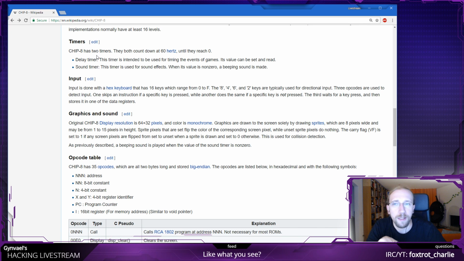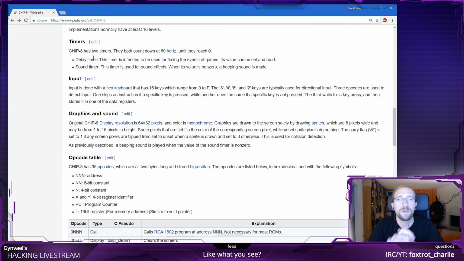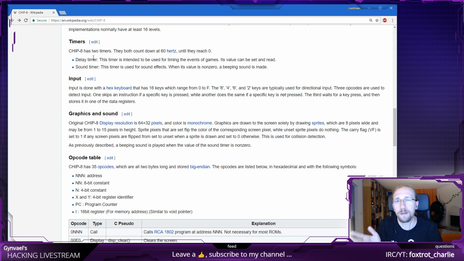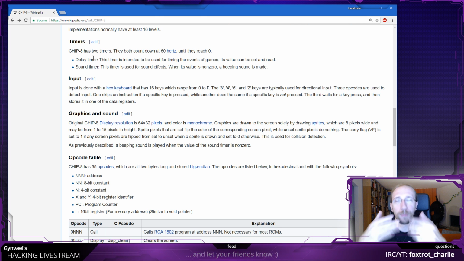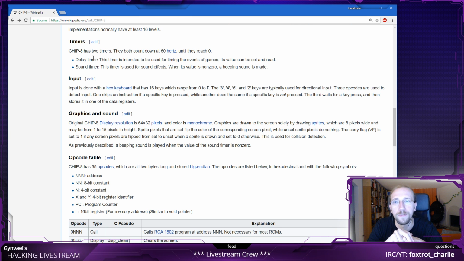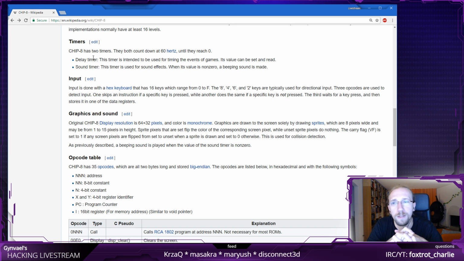So it has a delay timer, and when it reaches 0, usually something happens. Either an interrupt is fired, or the programmer has another way to check if it did reach 0, for example, checking the state of the timer's register at this moment.